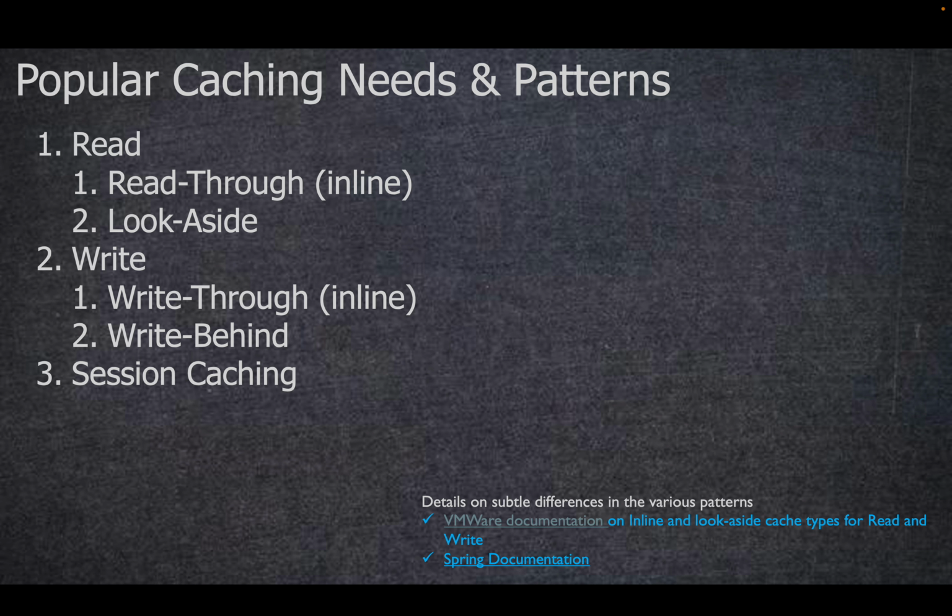Now let's look into some of the popular caching needs and popular caching patterns. Primarily, we have three of the caching needs. That's while you are reading from a primary data source, or writing to the primary data source, and your user session in the web application context. These are the three situations where you would probably externalize your cache. And within the read and write, there are